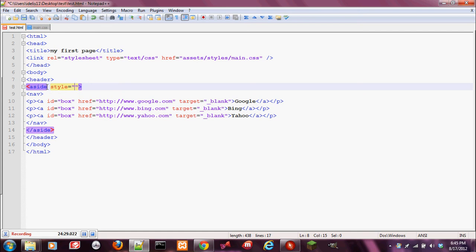This is one of them. It's known as an inline style, where you can just style anything from the tag. Let's say we want a background. We'll put background-color,